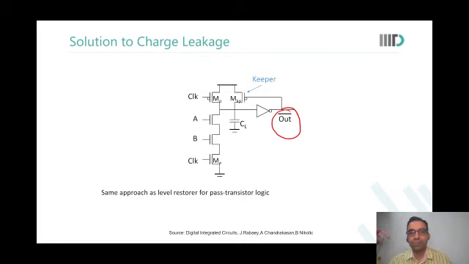Sir, actually this keeper here will only prevent the CL charge from discharging. But it will recover any leakage that has happened from the AB stack. Yes, sir. So in effect, it is restoring the charge leaking from that load. Charge does not leak from the capacitor, na? Because now it will be directly from the VDD. Charge does not leak from a capacitor. Charge leaks from A and B, the transistors that have A and B connected to their gates.